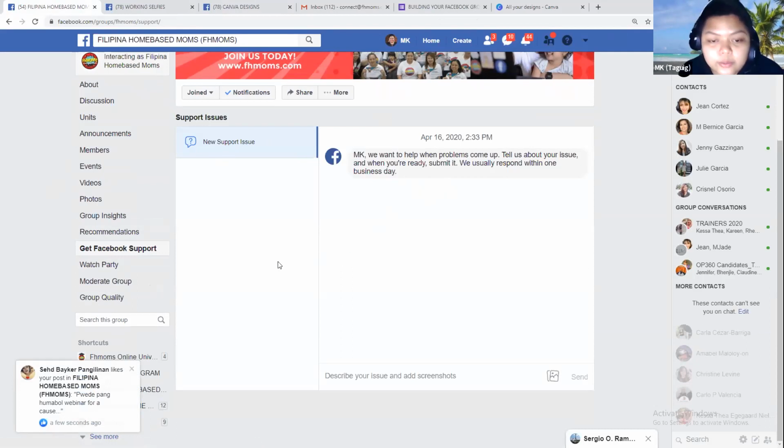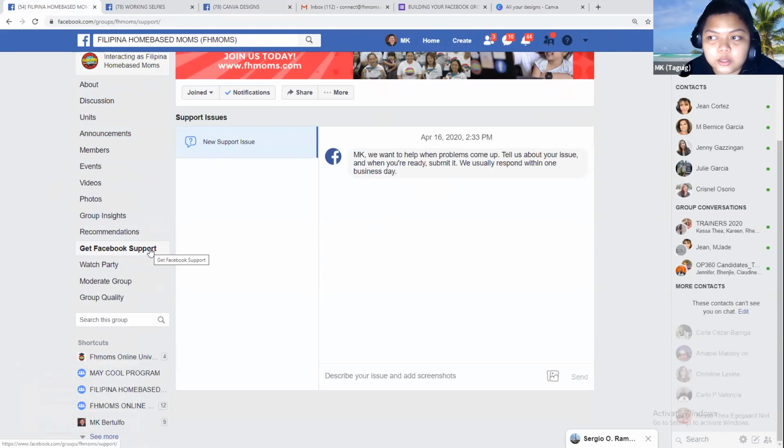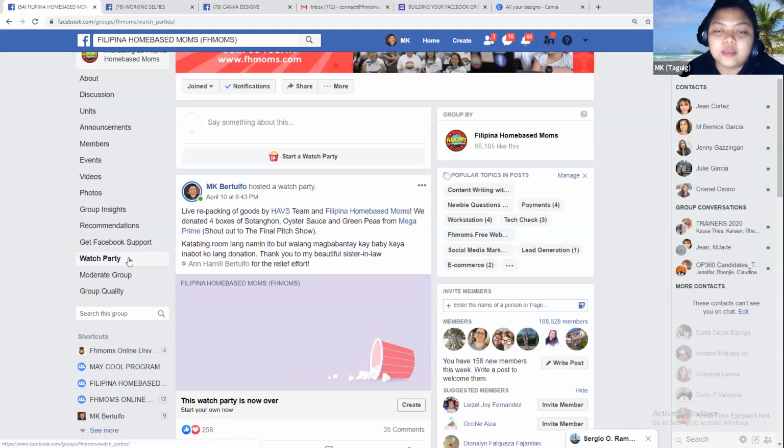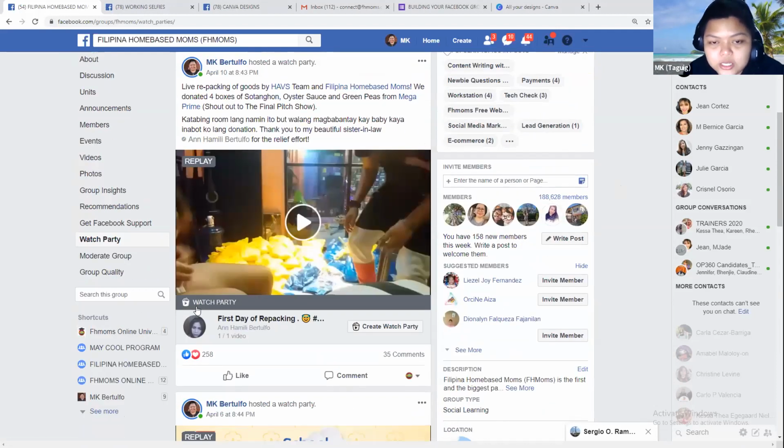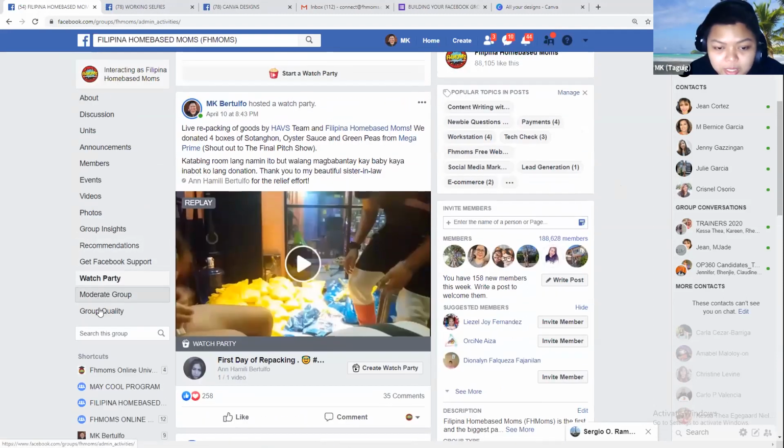And also, another thing na gusto kong sabihin is be careful when it comes to posting mga nude na photos sa group. I hope wala kayong niche na gano'n, na nude or whatever. But unfortunately, kahit yung mga breastfeeding lang, sometimes natatag siya as nude. So, yeah. Here is a watch party tab wherein you can watch together a particular video na ipapasok nyo sa watch party.